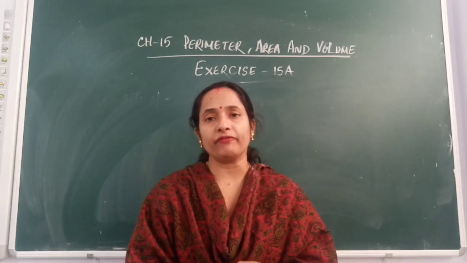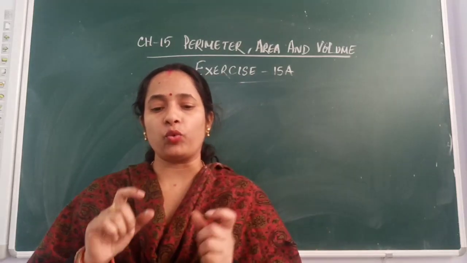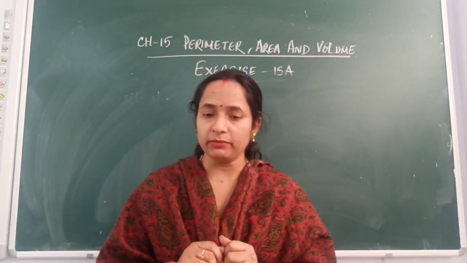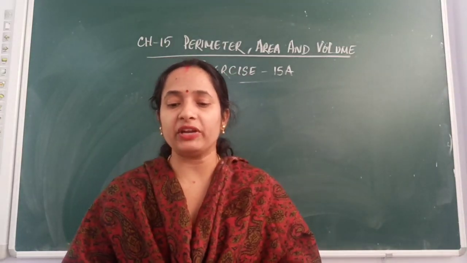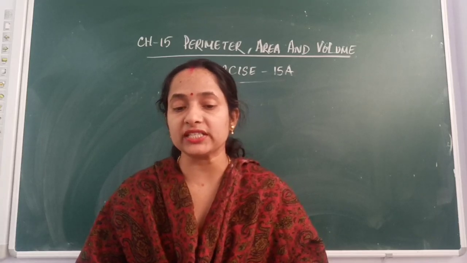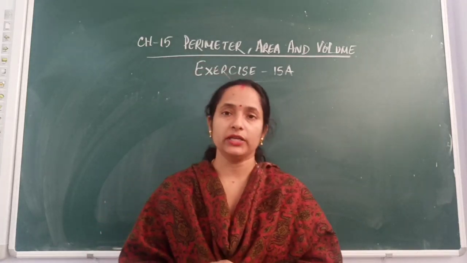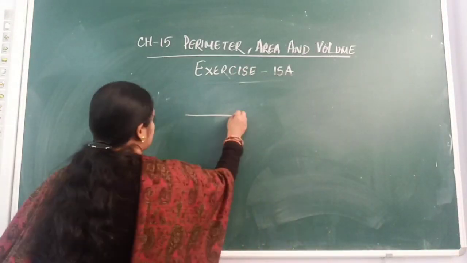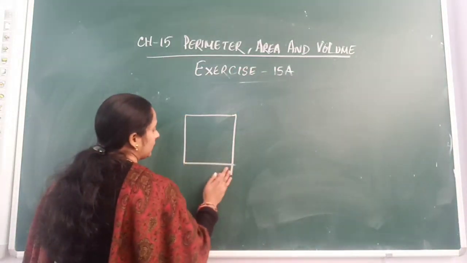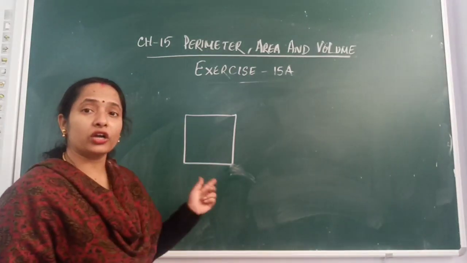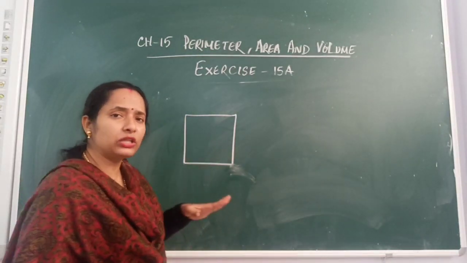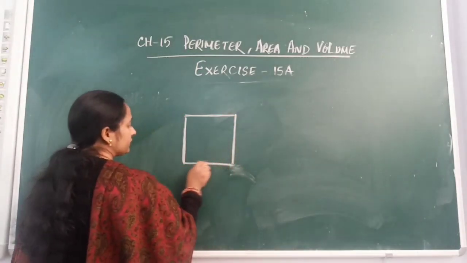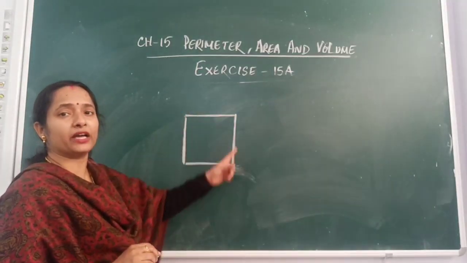The next question number 5 we have, Daisy walks around a square park of side 30 meters twice every morning. How much total distance does she walk every morning? See, I am just explaining this. You can do it. There is a square shaped park. Okay? And Daisy is walking around the park. Around the park means she is walking along the boundary of the park. Isn't it?